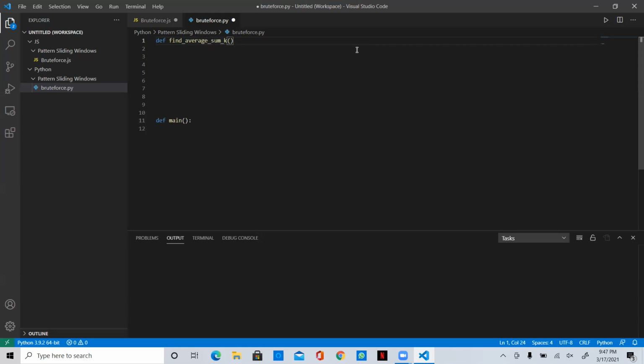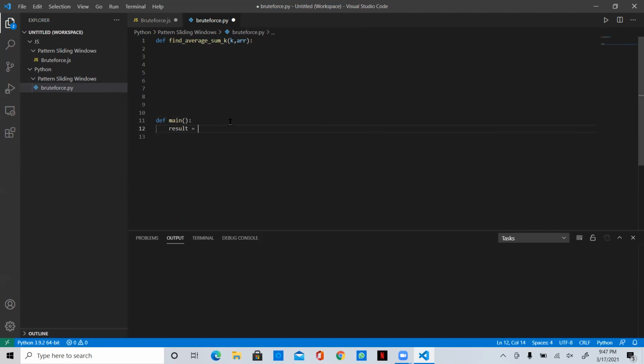So here we'll pass k as well as the array. Okay, clear? Both of you, are you with me in this problem? Did you understand, Raj?